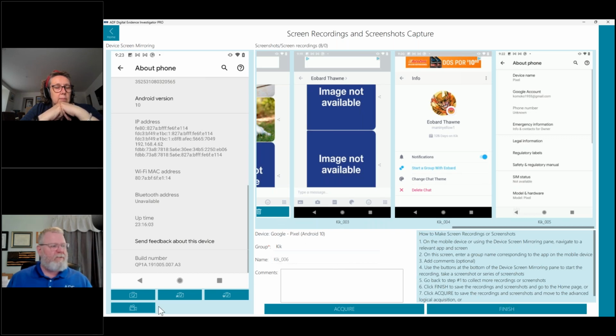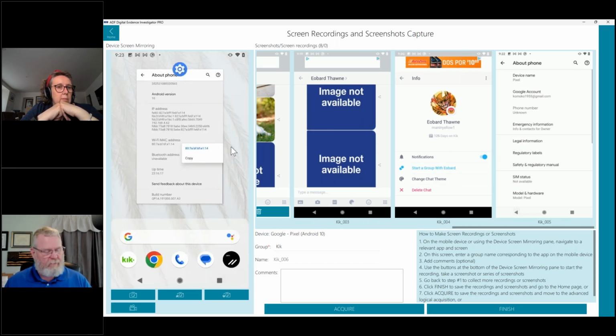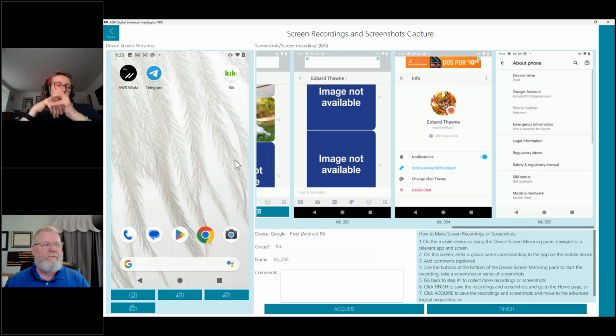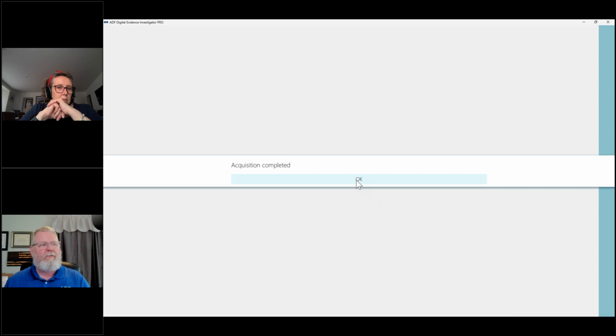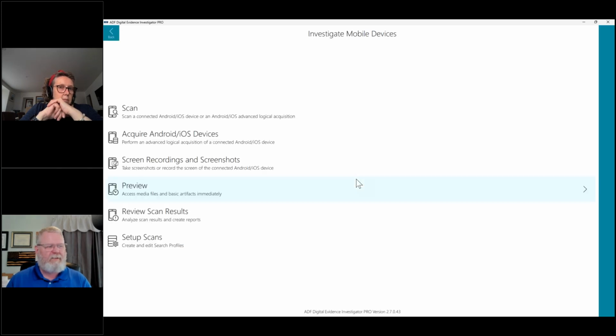So mentioned, we're here. Just a couple more things about the tool, ease of use. Victim can control the phone themselves. If you need to do something in this user interface window with my mouse, I can also control this device if I need to. And if it's a touch screen, we can touch the screen and also control the tool. So I'm going to finish this. Acquisition is complete. I'm going to select OK, and it brings us back to the main page.